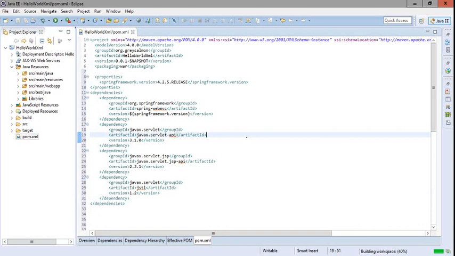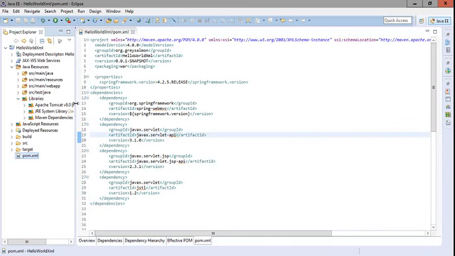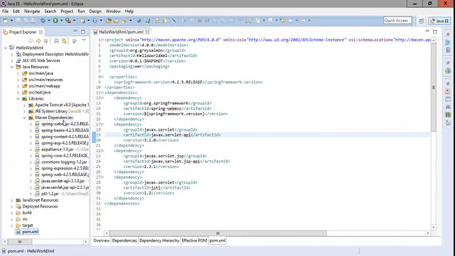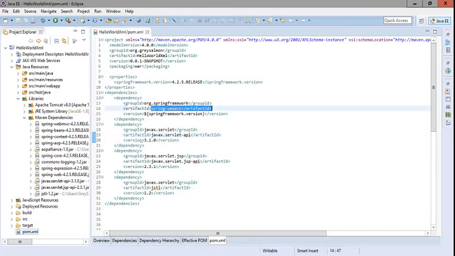Now when you do a save operation, you can see here on this side the dependencies are downloaded into your class path. As you can see, libraries, the Maven dependencies, these are all the dependencies which have been downloaded. We have specified JSTL, JSTL is downloaded. We have specified javax servlet JSP, it is downloaded, and we have specified servlet API, servlet API has been downloaded, and we have specified only one, Spring MVC, and all these jar files have been downloaded.